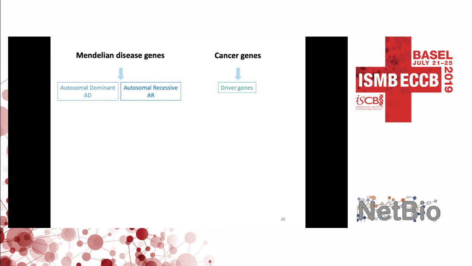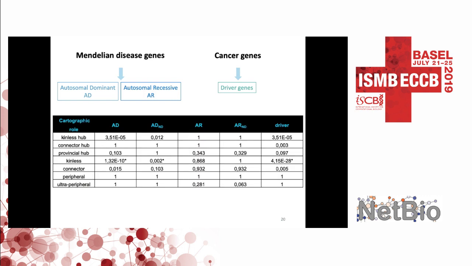For Mendelian disease genes, we divided them into autosomal dominant and autosomal recessive, and for cancer, we worked with a small set of genes that drive the tumorigenic process. Looking at the enrichment for the cartographic roles, we see that for the autosomal dominant disease genes,